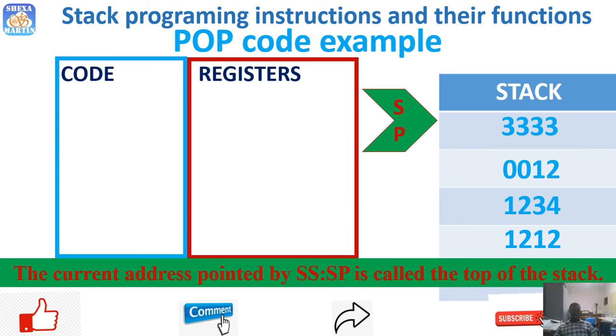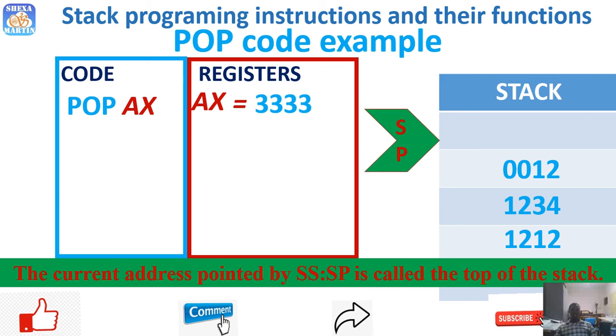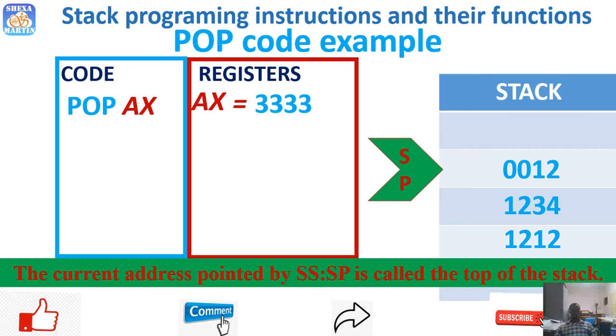The moment we say pop AX, we are saying get the value from the top of the stack and move it into AX, like that. So 33 is now in AX, and then the stack pointer subtracts 2 and points to the top of the stack, which is now 0012,